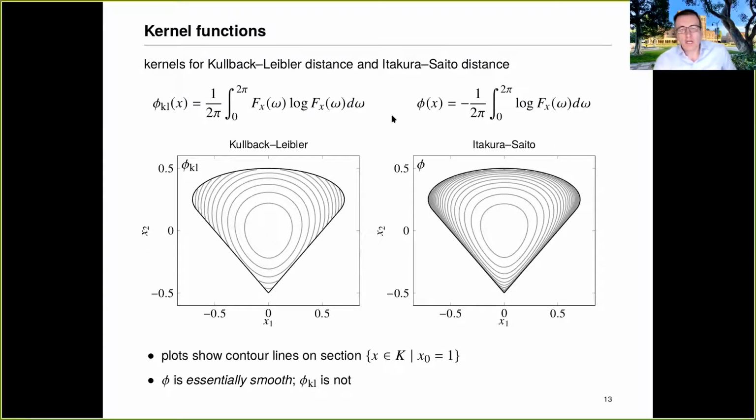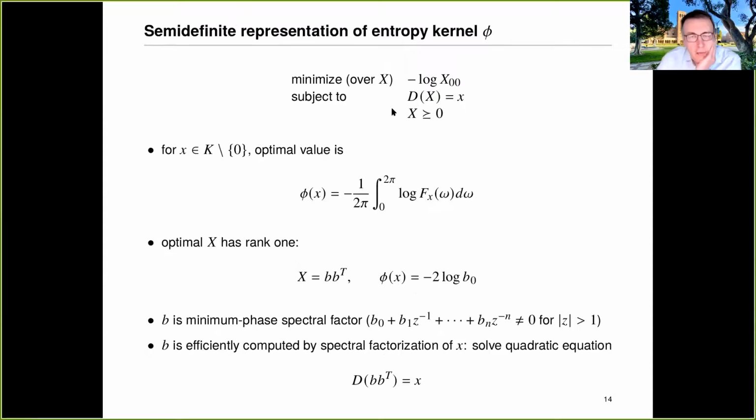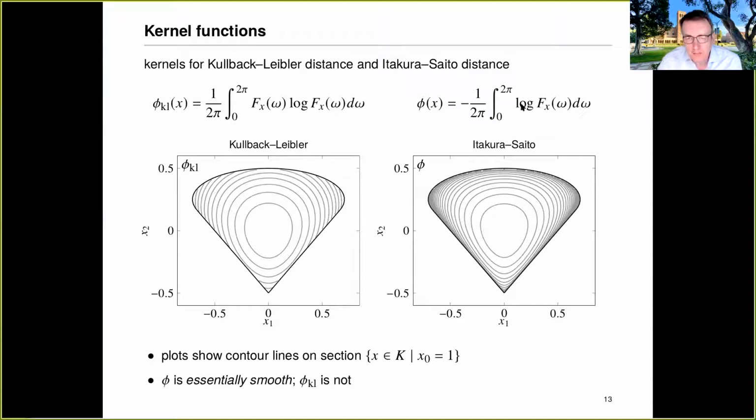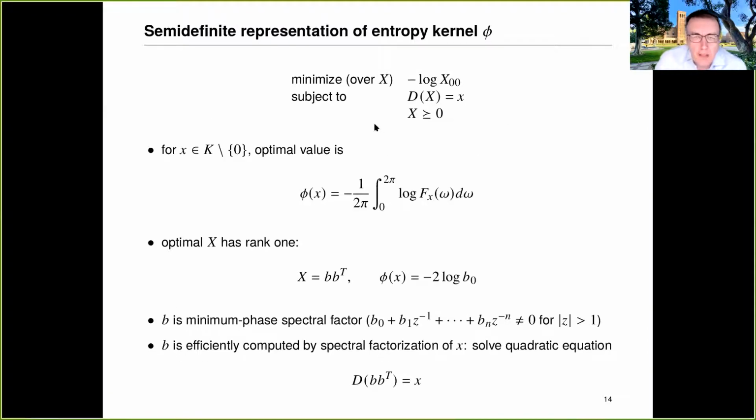And then the question is, how expensive is it to evaluate this kernel function and its gradient? What's the cost of computing generalized projections with this distance? That's the topic of the next few slides. There are actually a lot of connections between these types of functions and convex analysis, convex duality and semi-definite optimization. If you first look at the cost of evaluating this function,